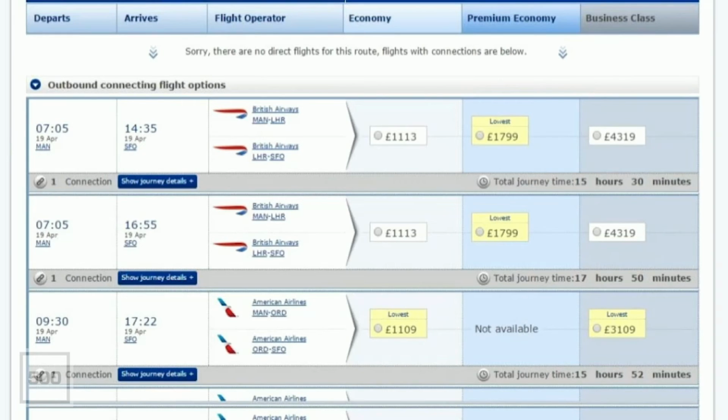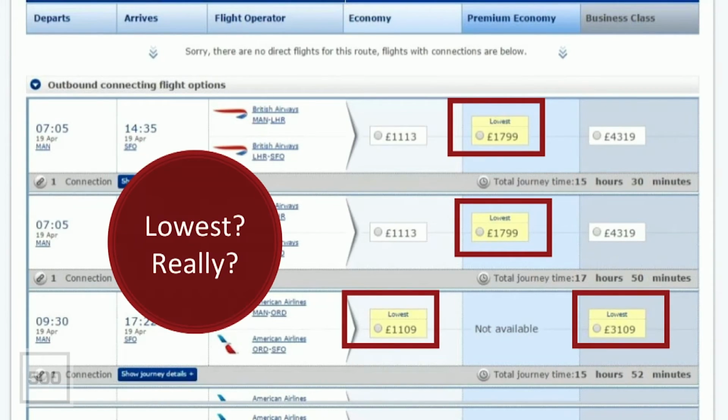Nicely done. They have these shaded options that they label the lowest that just are not, right? And I have spent hours trying to reverse engineer this. I've pulled people in from different cultures, languages, countries. We have really tried to get our heads around this, and it's just completely nutty. It's totally irrational.